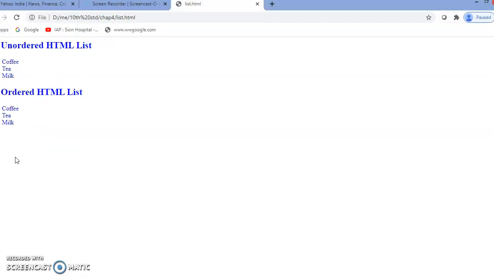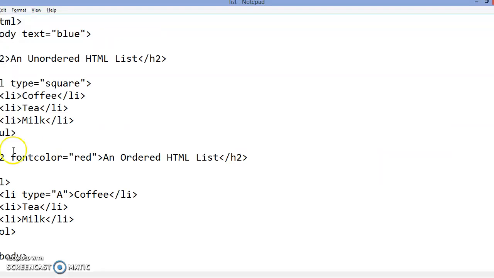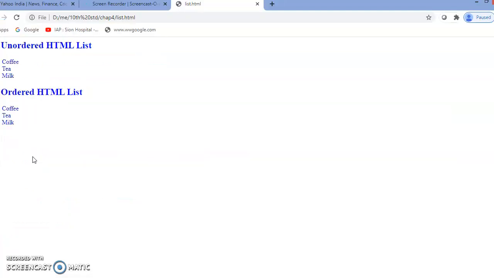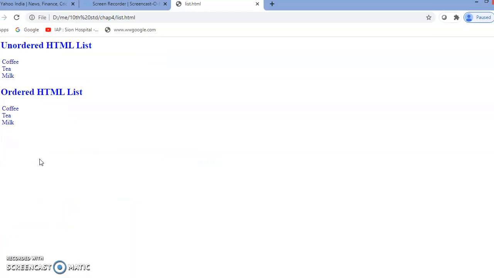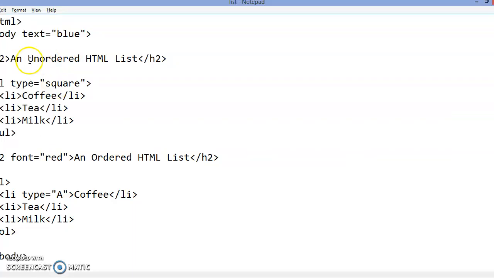Control S. Because we are giving the color to the body, it may not be working.